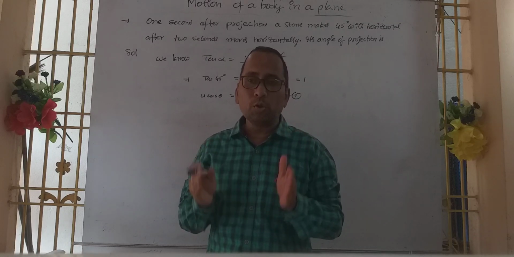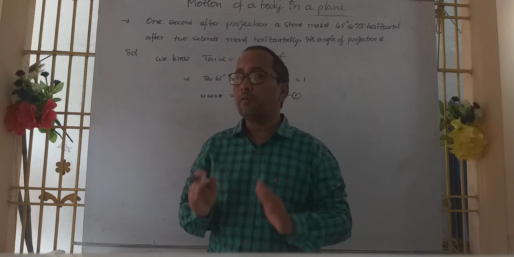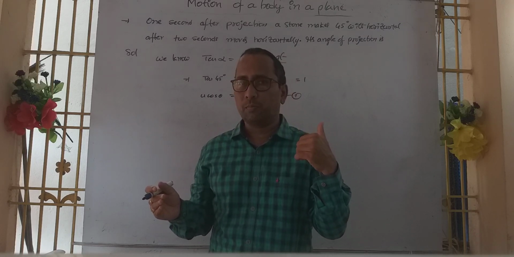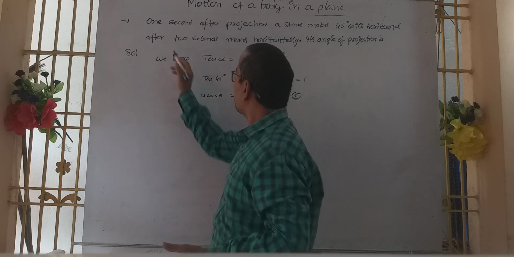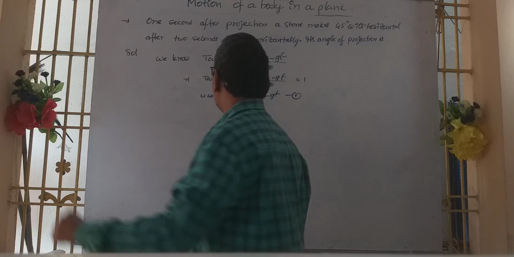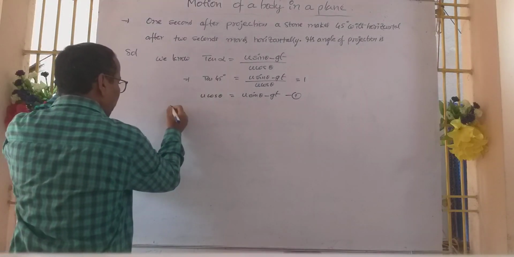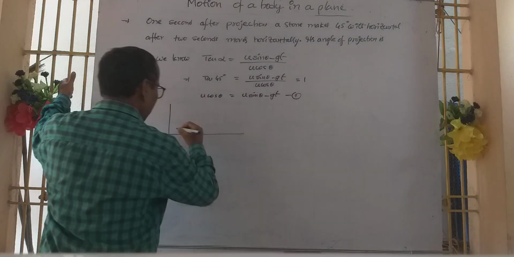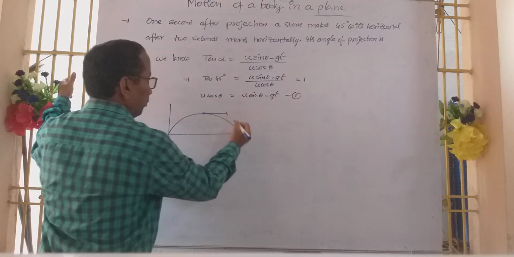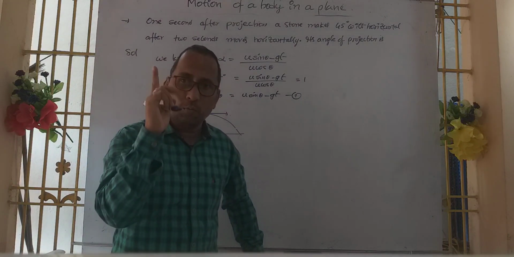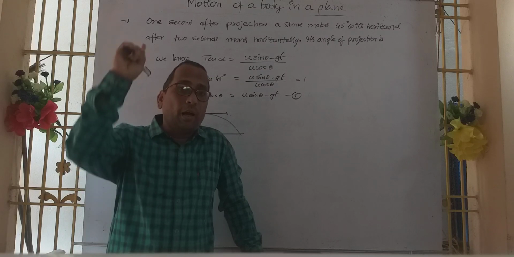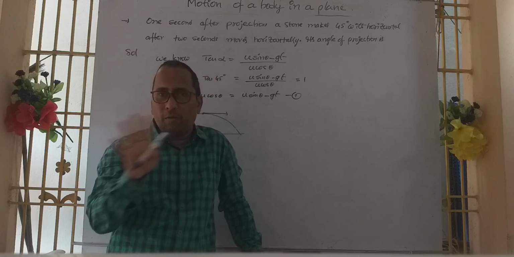But we are supposed to arrive at one equation by using the given data. Just collect the data and derive one equation. So keep it there. Then next, after 2 seconds it moves horizontally. Horizontally means, suppose you are going to take up a projectile like this. This is a projectile. If it is projected like this, at this position the particle moves horizontally. Only here, only one point. Once it is projected, it moves horizontally at the maximum height only, not anywhere.